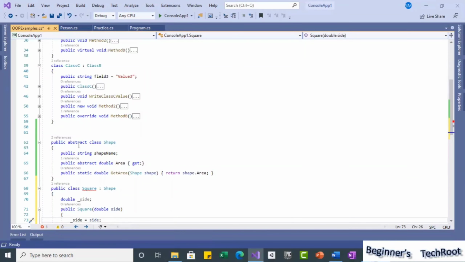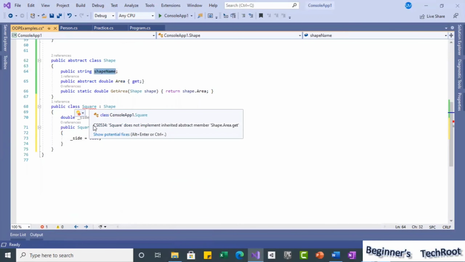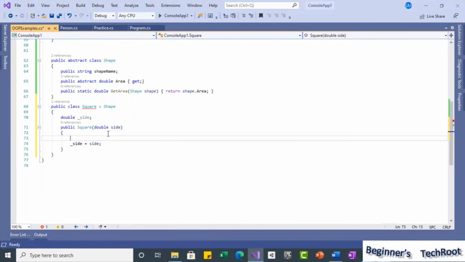Here in the base class, we have a field, shape name. Now we know in this class we are doing it for a square. So I can even assign it here specifically. Since it is in the derived class, automatically we can get it as we defined it as public. So shape name equal to, I will assign here. I know this is specifically for a square, so the shape name I can give here as Square.